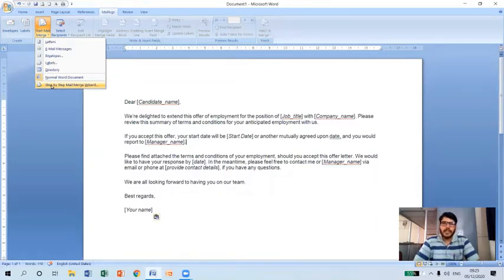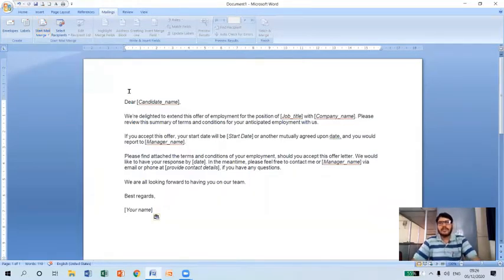So here we need to add recipient details first. We can have a list of recipients with the following details which are necessary to compose a letter. So let us see how we can utilize the mail merge wizard step by step. We need to follow the path here. Click on the mailings tab as you can see here.